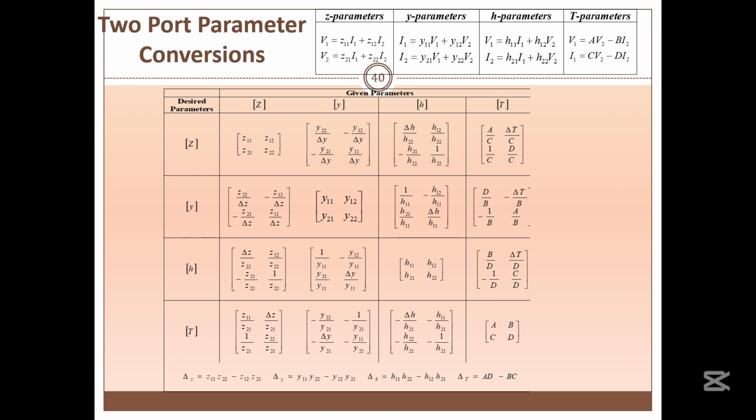By some analysis like mesh analysis or nodal analysis, you get the two equations, compare the equations and get the parameters. This is usually what we do. And two-port parameter conversion can be done using the table. This table also we give, for example, let's say